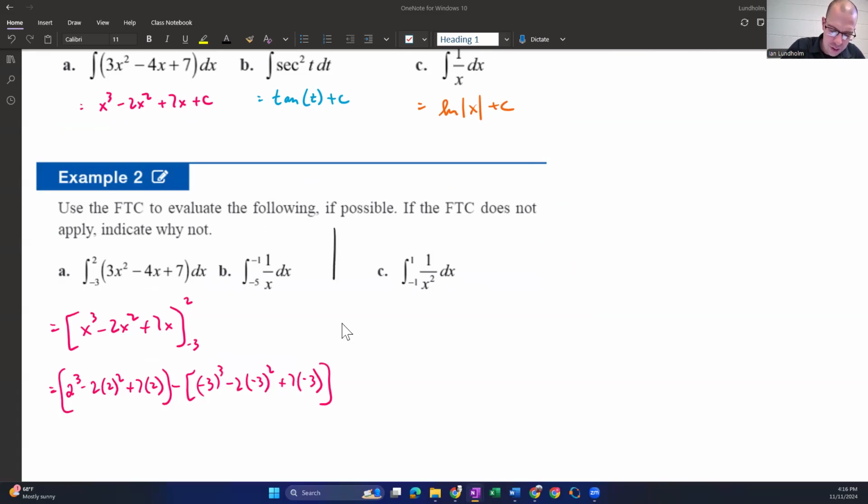For this next one, I think we might be a little bit wary on this kind of a function because 1 over x will look like this. So there is a discontinuity in this function at x equals 0, but these bounds don't go through x equals 0, so we're probably still good to go. We would just be going from -5 up to -1 and calculating this kind of an area. One of the issues here, though, this is where it really does make a difference, is that when we take the antiderivative,